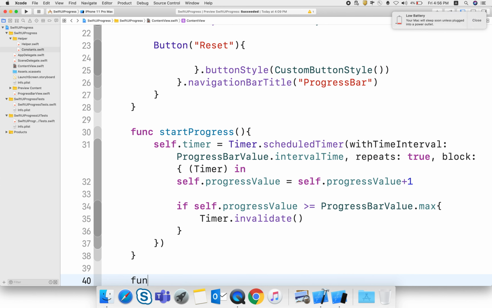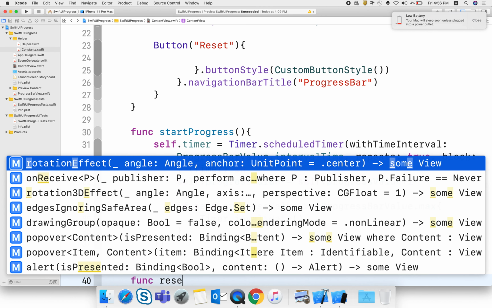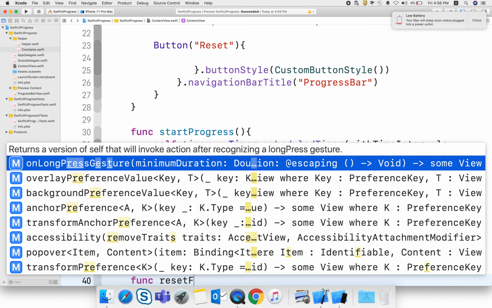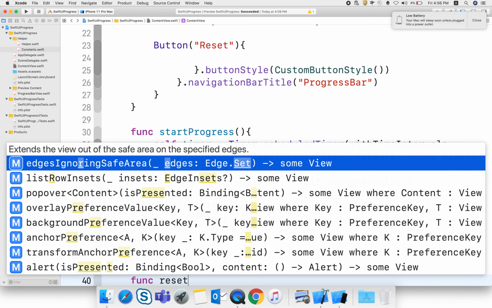And here I am creating another function that is called when I click on reset progress. What I need to do here is set the progress value to 0, and I also invalidate the timer here.